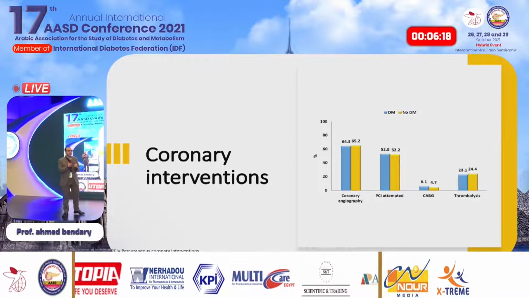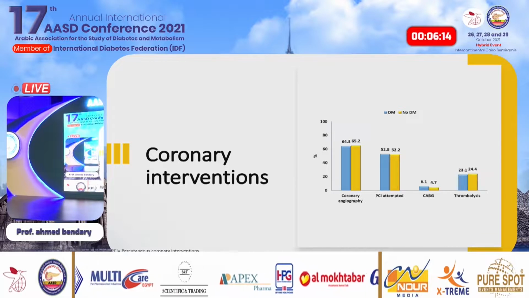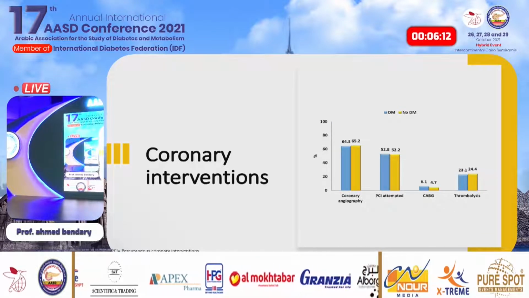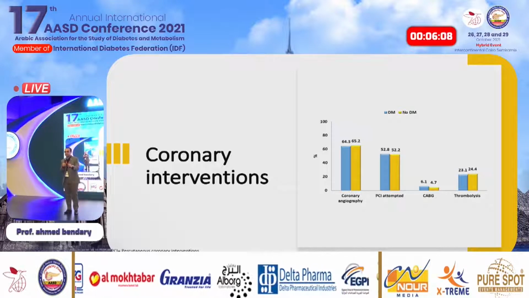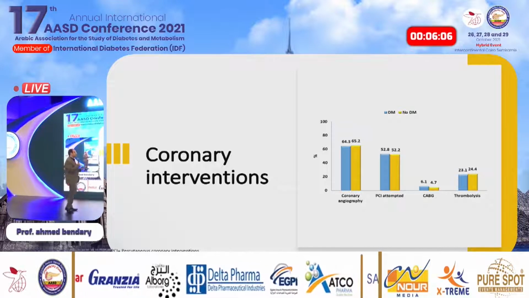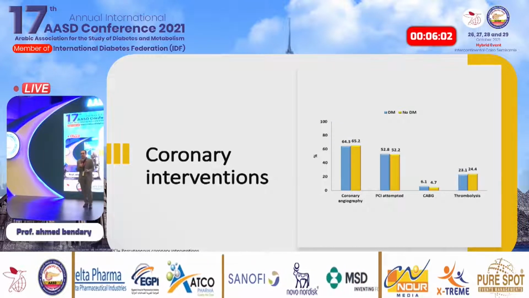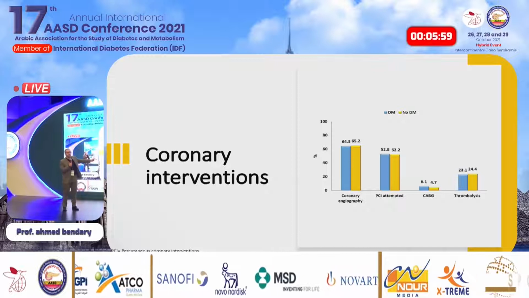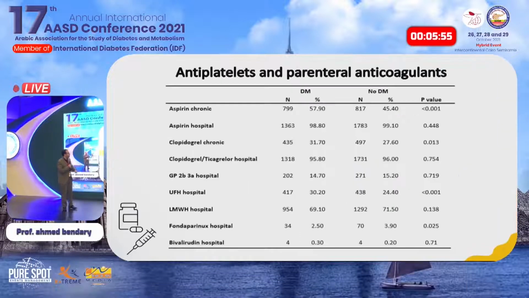But one can argue and say this is not good news all the way. Diabetic patients, as I said, usually have a worse long and short-term prognosis or mortality. So we are expecting to find that diabetic patients are treated a little bit more aggressively than non-diabetics, but these are the data. Whatever you see, these are the data.